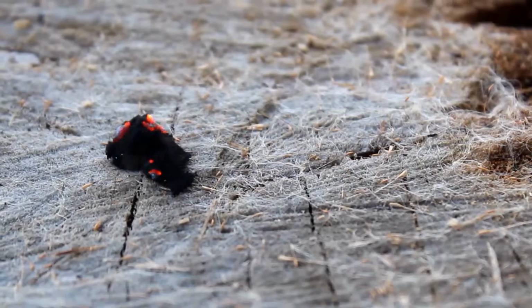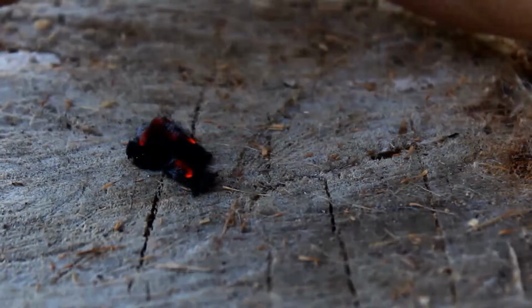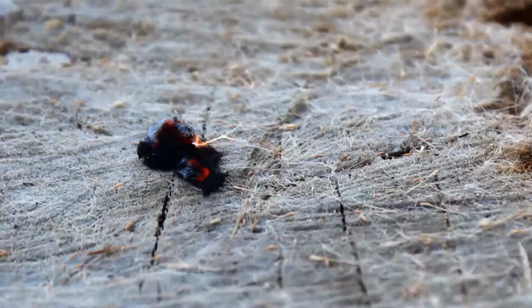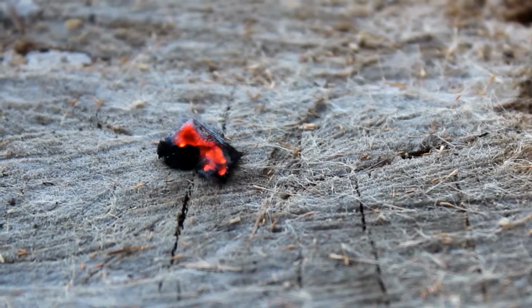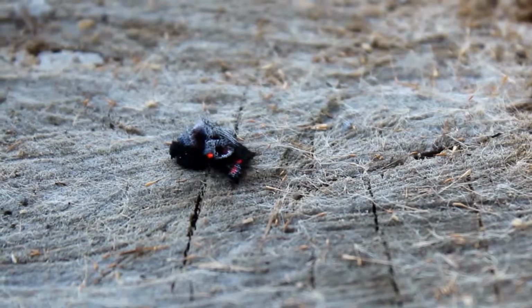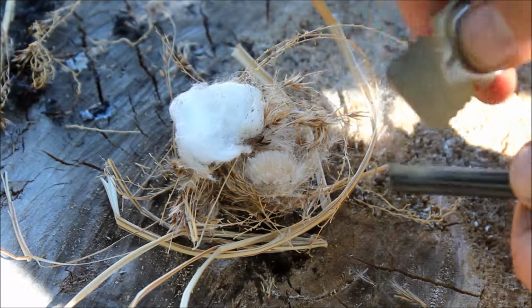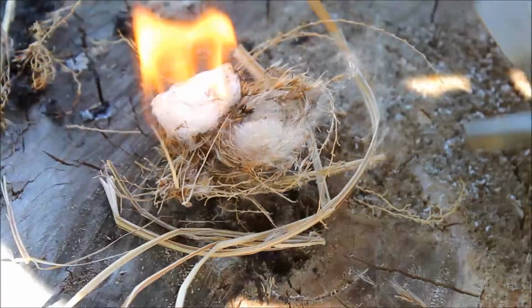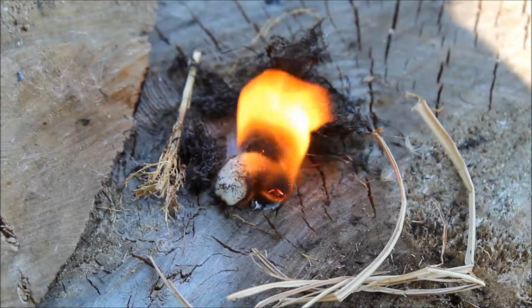It ignites really easy. You can see it catches, and it's just going to glow into a nice ember. You blow onto it inside a tinder bundle and you'll have fire in no time. You can use the cotton ball Vaseline with marginal tinder. It'll light right up. That'll burn for a minute or two, giving your wet tinder a chance to dry out